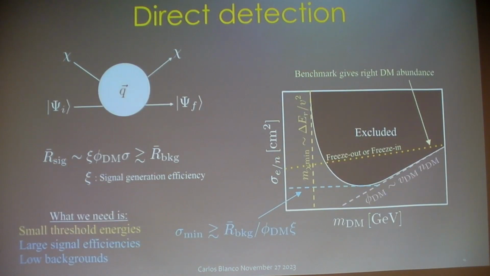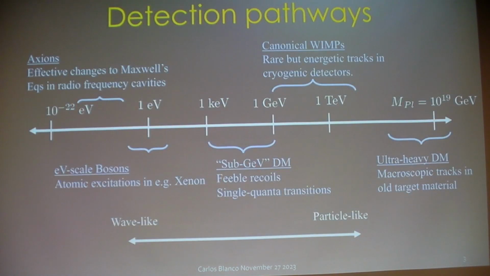That's right. Can I have a question? Yeah. Is there a simple way to understand why 1 GeV is the magical number for ionization of an atom? We will get there in the next slide. Okay, great.